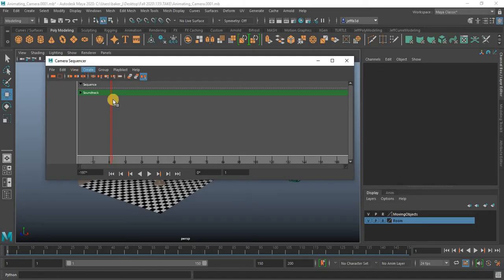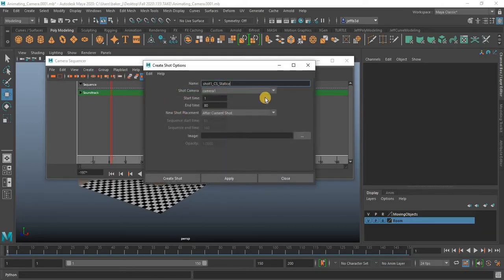So the simple thing I'm going to do is create two shots, one for each of the cameras. So I'm going to go to Create, Shot, and then the options. And I'm going to name, so this will be Shot 1. And I'm going to call this Long Shot, and I'm going to call this Move. That way I know this is Shot 1, this is the long shot, and this is